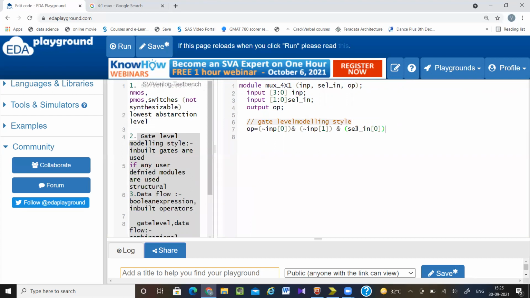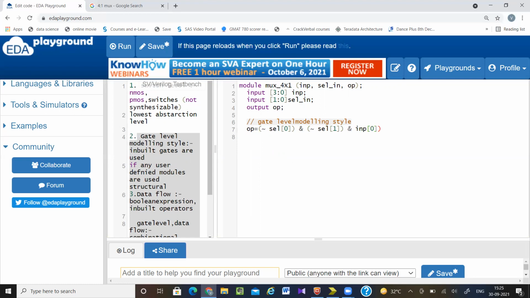So it is like if select in equal to 1, then it should be, sorry, I have written the wrong one. Okay, sorry. Output equal to select line of 0, then and select line of 1, and input of 0.